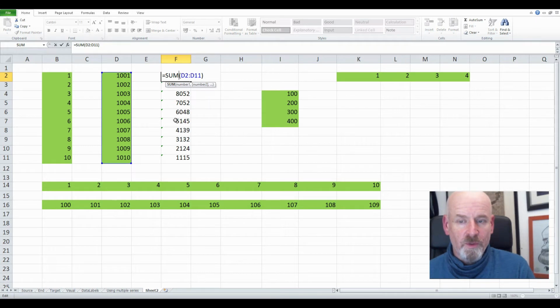But instead, what we're going to do is take one of these addresses as fixed and one of these as relative. Now we always want it to go to D11, so from D2 to D11, or from D3 to D11. So we're going to go to the D11 and lock that. We fix it by hitting F4 and keep it exactly like that. And now when we drag down,